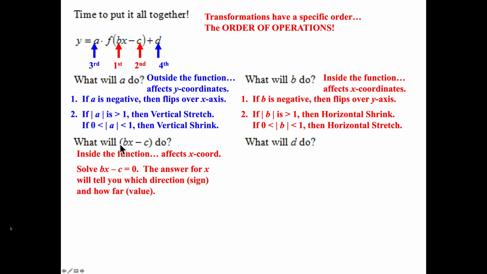So if on the inside here I had a negative x minus 4, I'm not going to the right 4. I add over the 4 and then divide over the negative, which makes it a negative 4. So now I really go left 4. So you got to watch those minus signs. You just can't look at the c. You got to look at the whole binomial, set it equal to 0, solve for x. It will tell you the direction based on its sign, and it will tell you how far to go, the